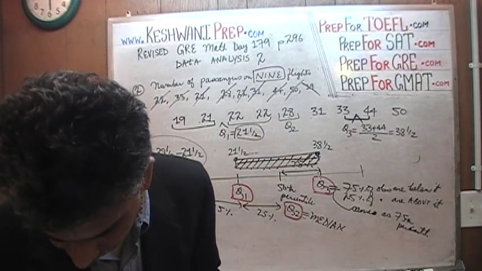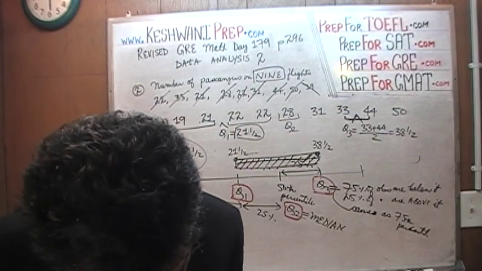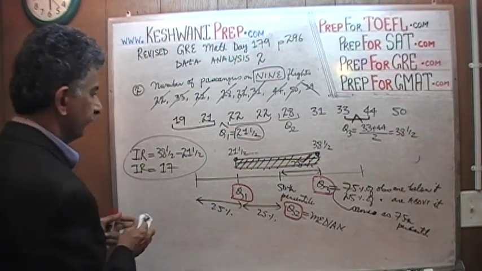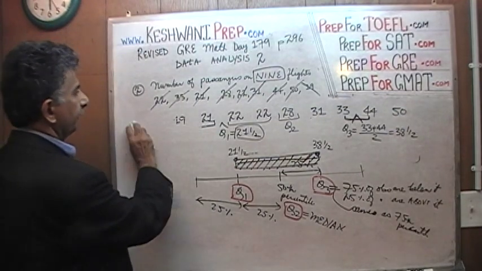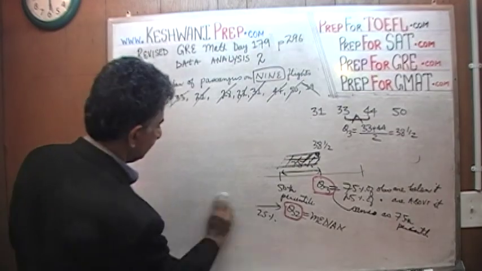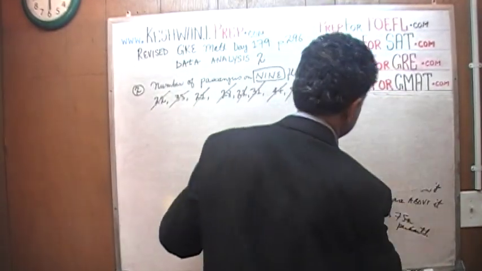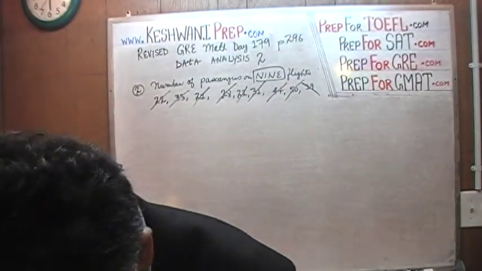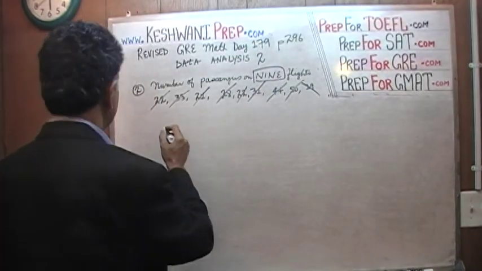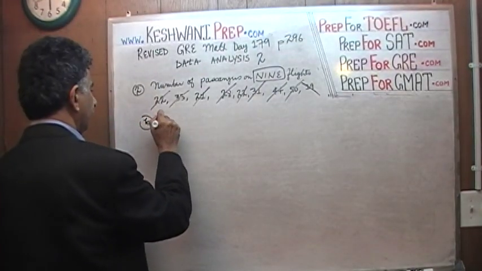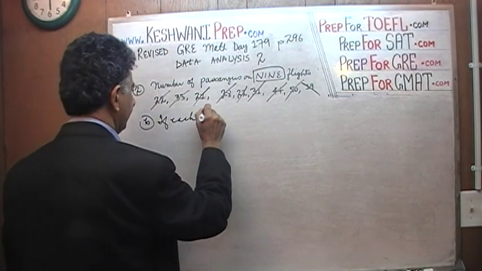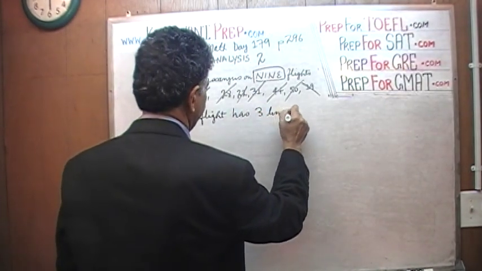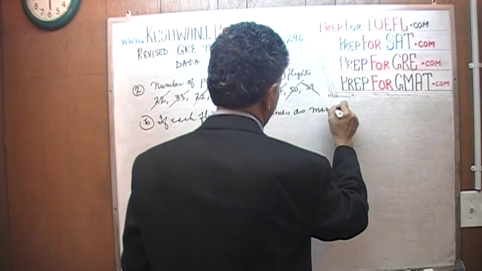Let's look at what else they're asking here. Oh, they have a part B and a part C. Oh, Jesus. All right, let's go to part B then. We need to erase everything. We're done with this. If each flight had 3 times as many passengers,